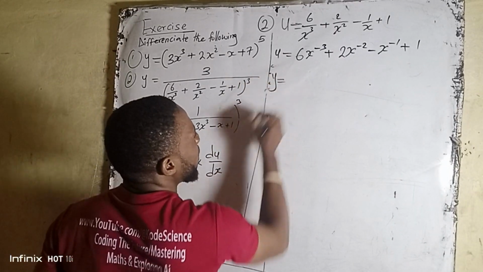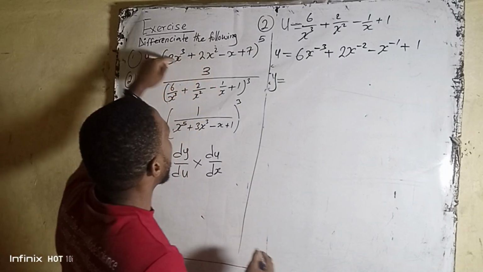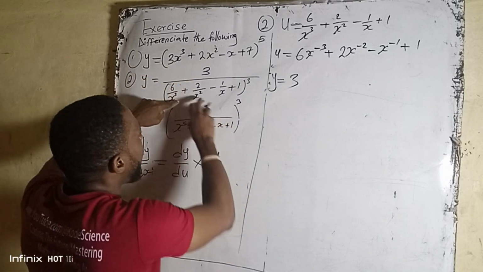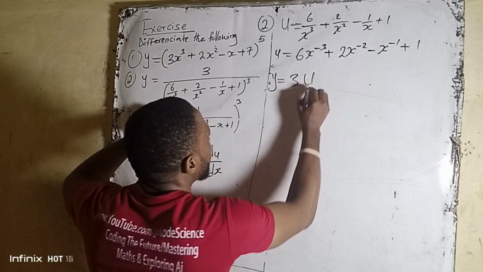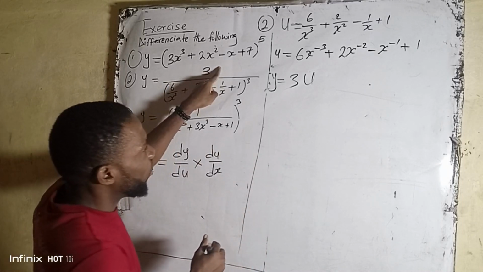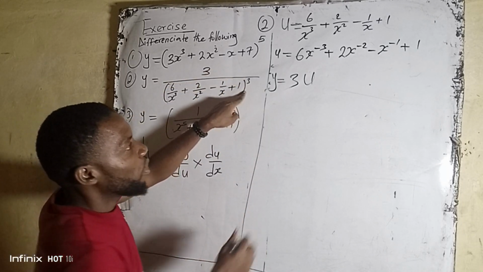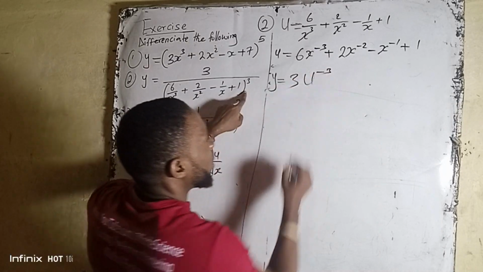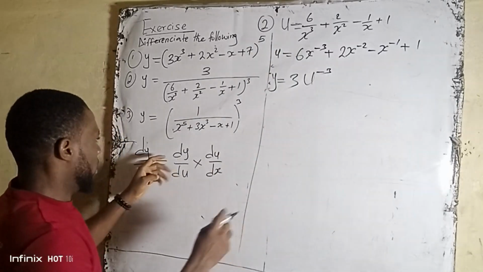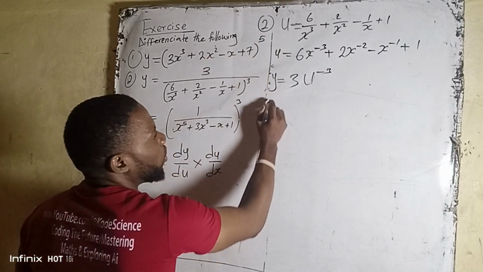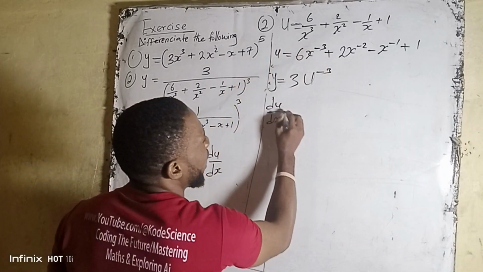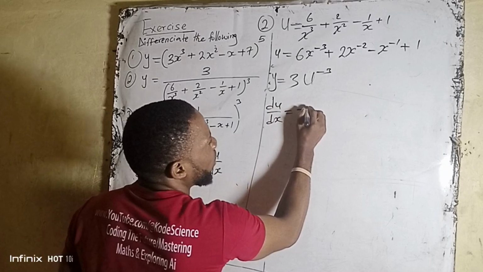Our y, therefore, is now, remember we have 3 here, so 3 is constant. Then all of this is u. And remember, it is like 1 over, so here will now become minus 3. We have simplified further. Now, let's differentiate the u over the x. We are going to have it minus 3,